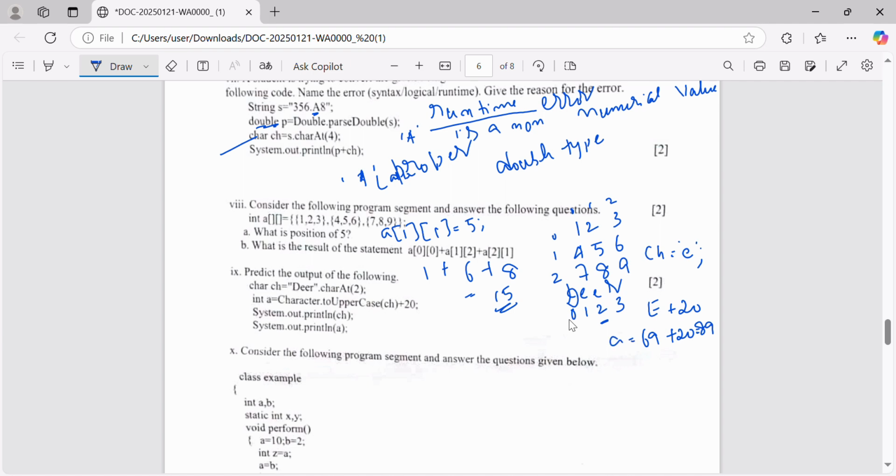The question being asked is, what is the output of the print statement? You will get 89, not E. This is wrong; E will not appear. With System.out.print, you will get 89. Clear? Next,